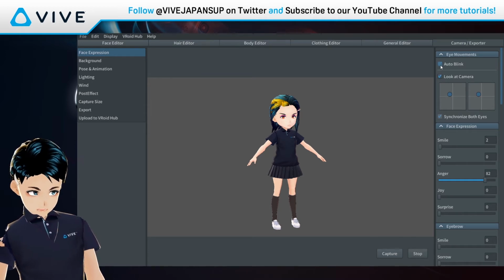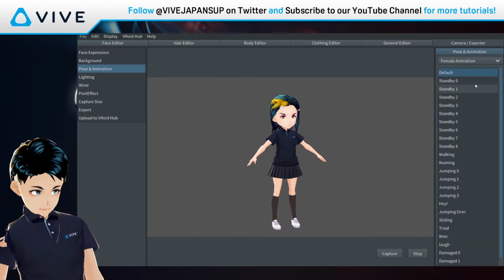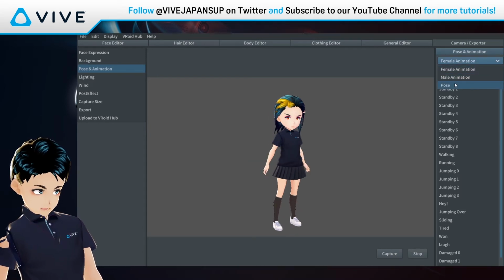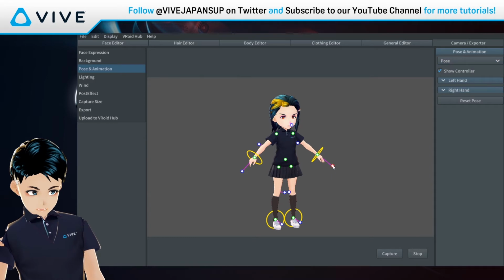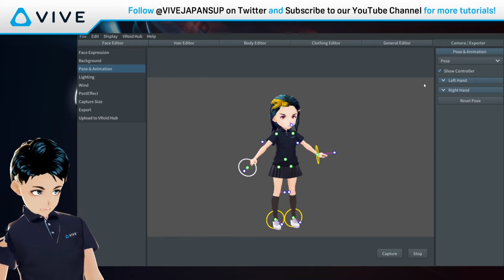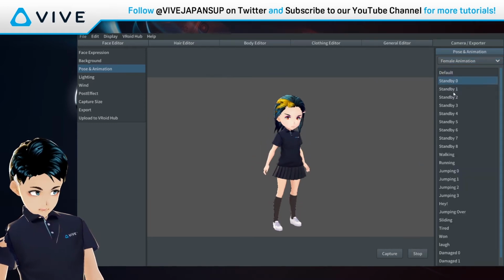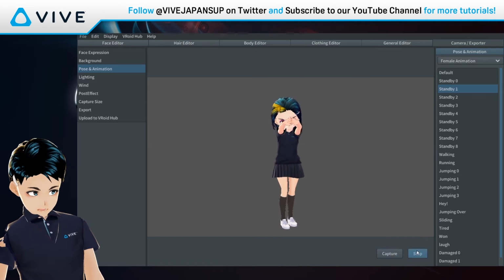Right now it is auto blinking. You can turn that blinking off if you want. And here's the cool part. This is where I kind of do the screenshots of cool poses. Here you can use both female and male poses, or customize the pose yourself. Like this is a cool feature too. I am not the most patient person to do all of this, so I just go ahead and choose like a default kind of animation, and if I like a scene, you can stop it there. So here,